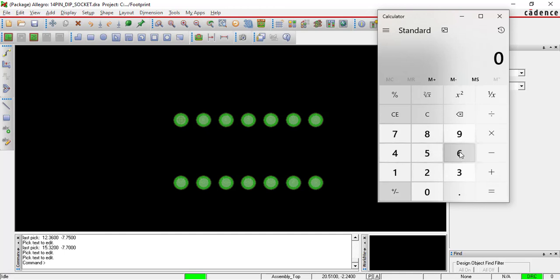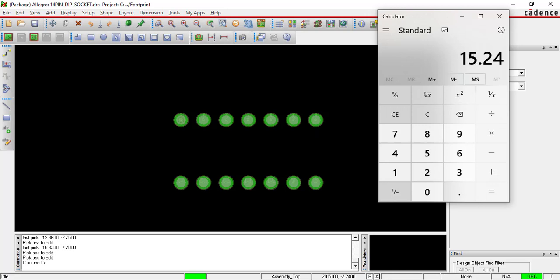6 gaps are there. Then 6 into 2.54. How much is it? 15.24. Right, x direction, write in your notebooks, x is equal to 15.24.